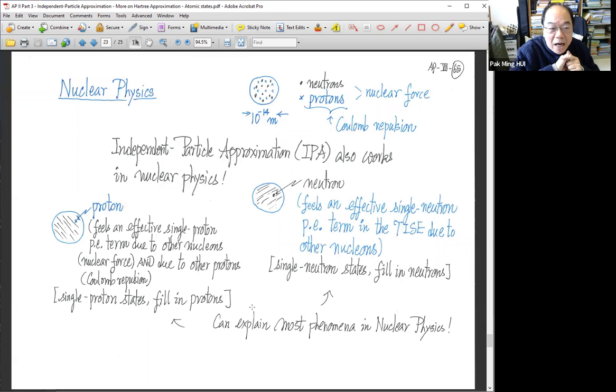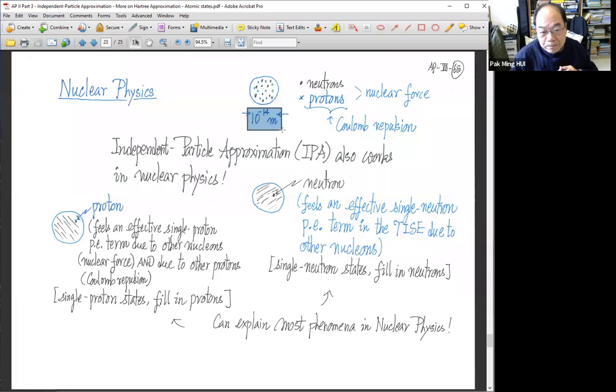And more, how about nuclear physics? Believe me or not, we already did some nuclear physics in our discussion. So what is a nucleus? Nucleus is something of the size 10 to the minus 14 meter to 10 to the minus 15 meter. Okay, from the periodic table, you have thousands of nuclei because they are isotopes. Some bigger, some smaller, off by 1 order of magnitude. Okay, because the smallest will be 1 proton, the biggest one will be a few hundred, maybe 200 something protons and neutrons in a plutonium